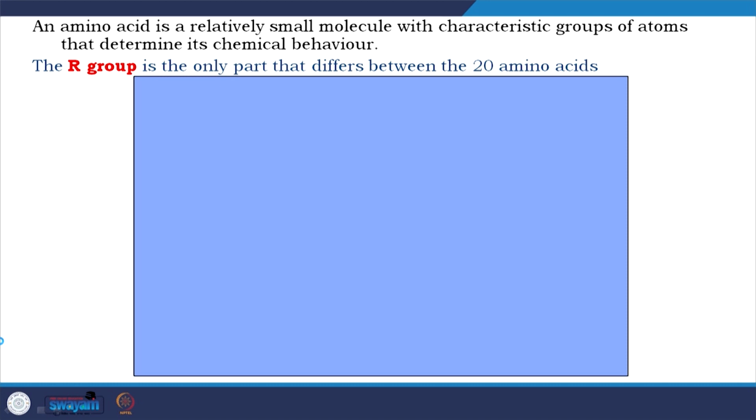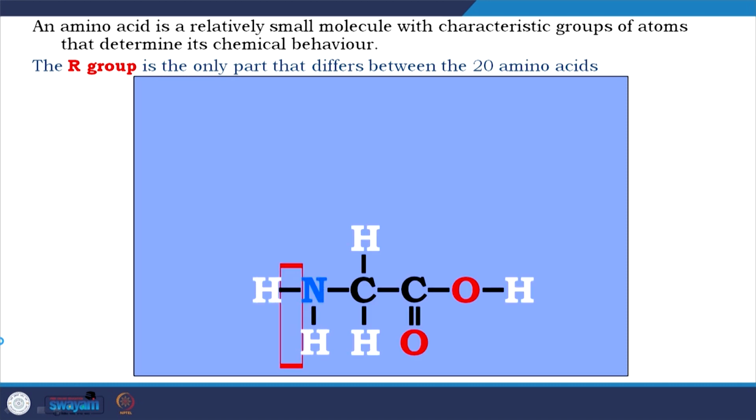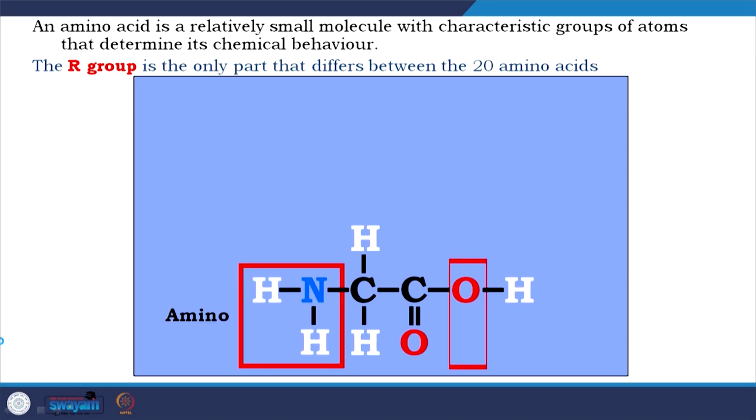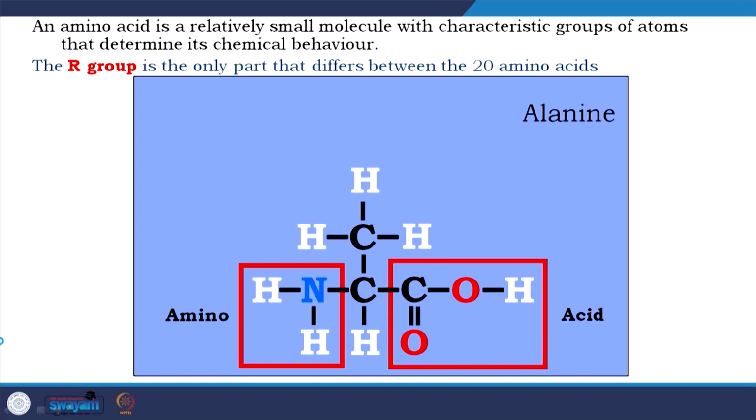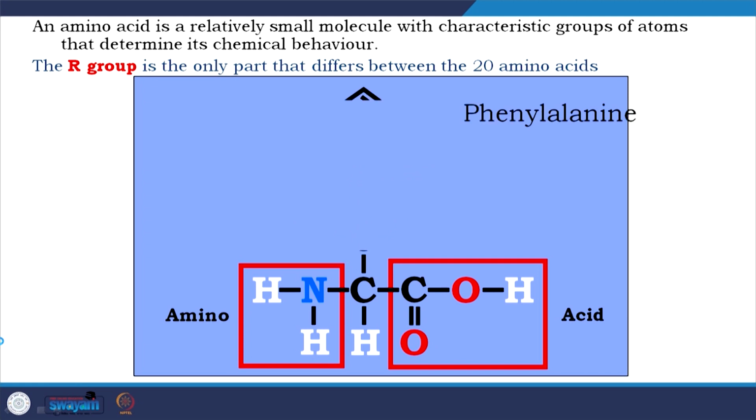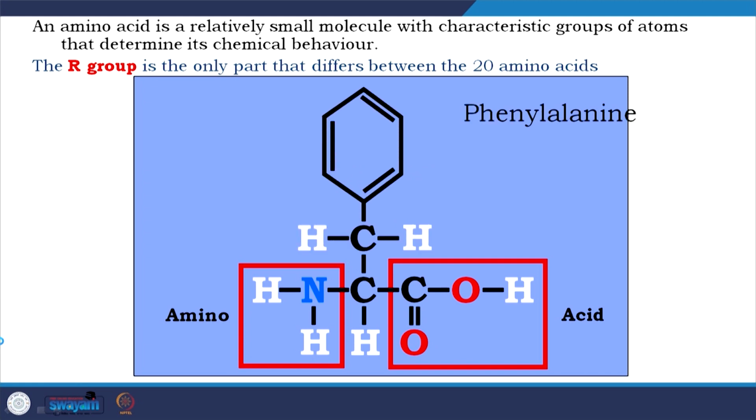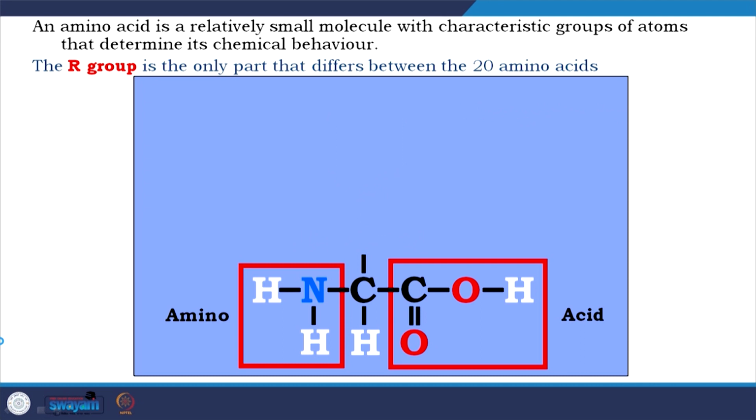So, as I told, there is an amino group, there is a carboxylic group, and then the R. You could have, as I showed earlier, a hydrogen which is glycine, a CH3 group which is alanine, 2 CH3 groups which is valine, then a sulfur CH2SH which is cysteine, a CH2 aromatic ring which is phenylalanine, and